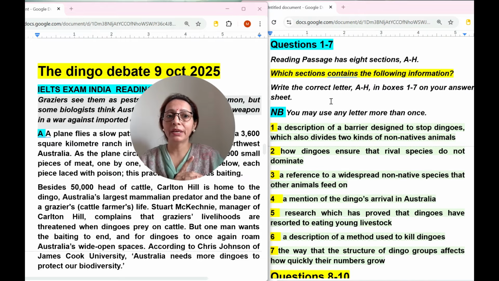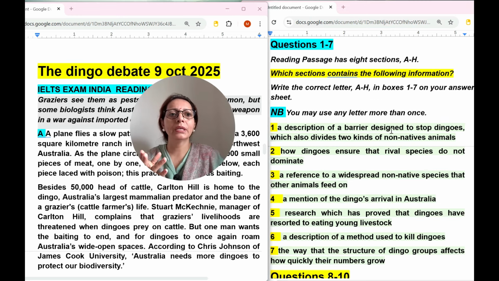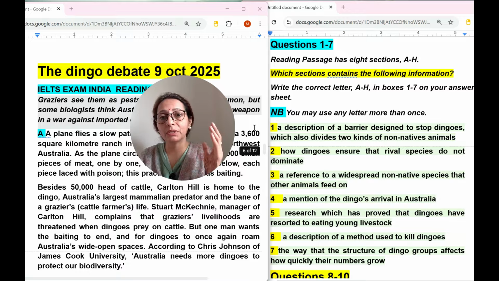Definitely, I will start my reading from the first type of question. Why the first type of question? Because 7 questions are there and the paragraphs are 8 sections, meaning 8 paragraphs. So with the help of this question, we will come to know full knowledge about the full reading. Then for finding the second and third type of question, it will be easier for us to get the location, because when we read paragraphs for the first type of question, we will underline things and circle things. So the main thing we will be knowing while reading.